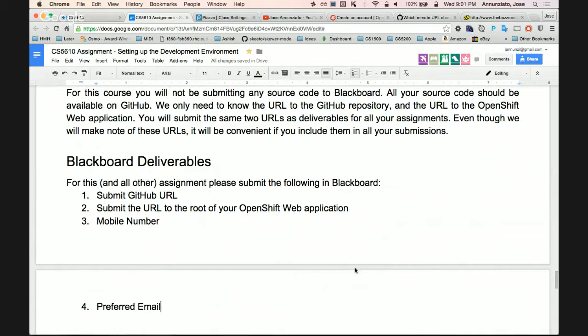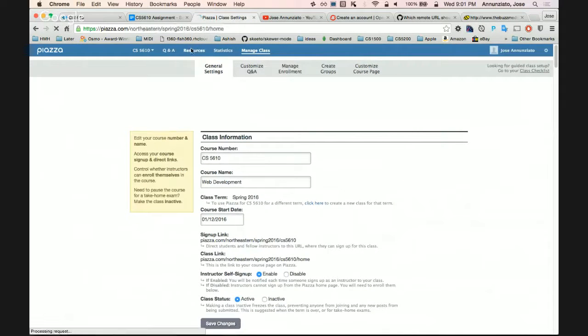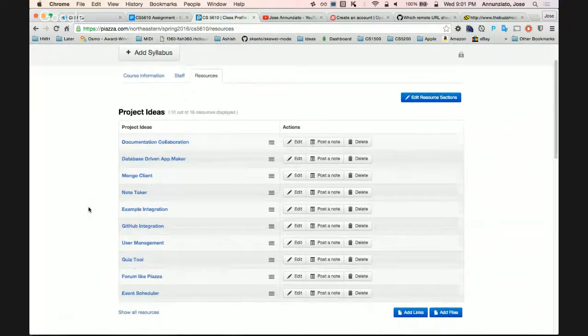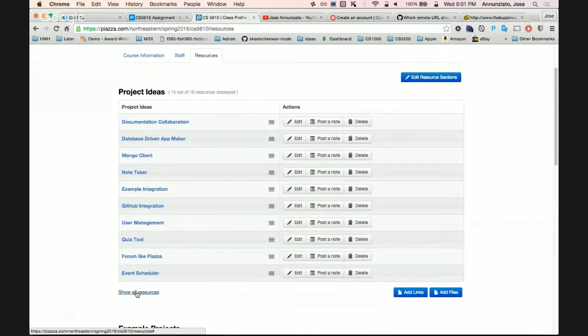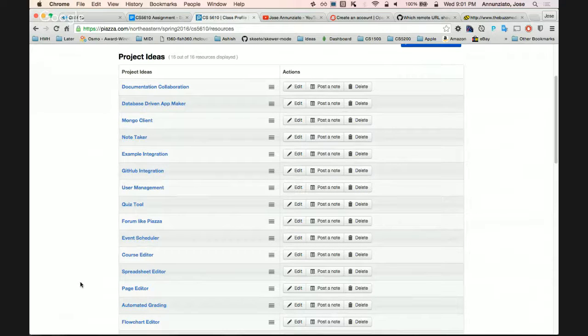All right. I didn't go over my projects. Oh man. Nevertheless, they are available if you go to resources. This is a list of project ideas. There's quite a few, and if we can't agree on a project, actually, I would love for all of you to just work on my projects. But I'm going to leave it open-ended if you want to work on something else. But I would start thinking about projects right away. The earlier you can start working on it, the better.